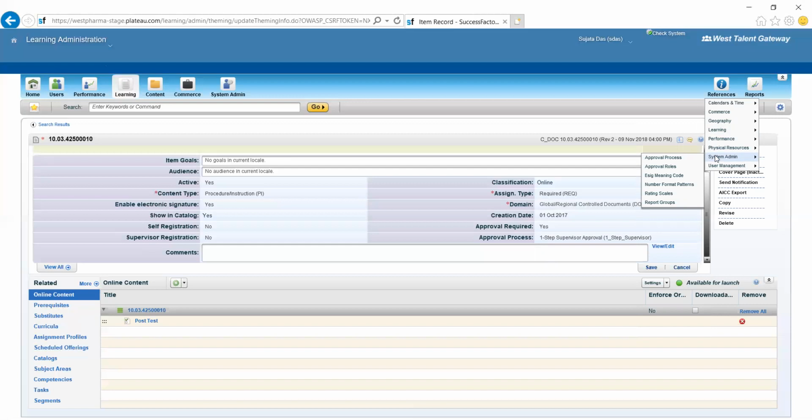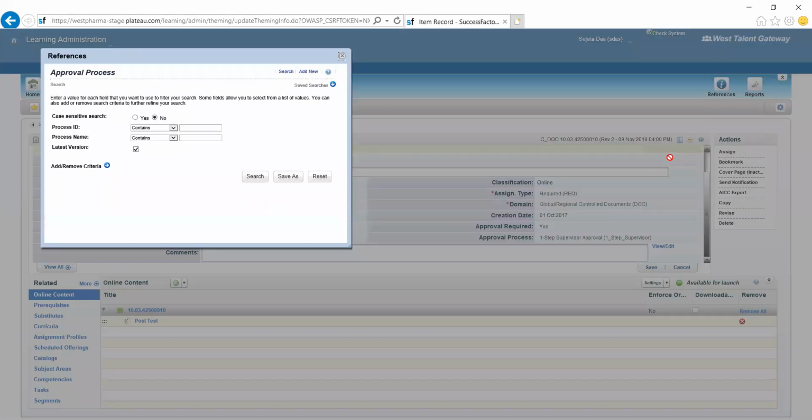There are two system admin entries. At the top there is a system admin where some configurations are done, but the approval workflow design comes under references, system admin, then approval processes. From here we can create a new workflow.